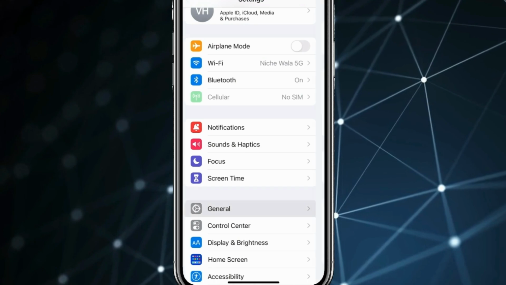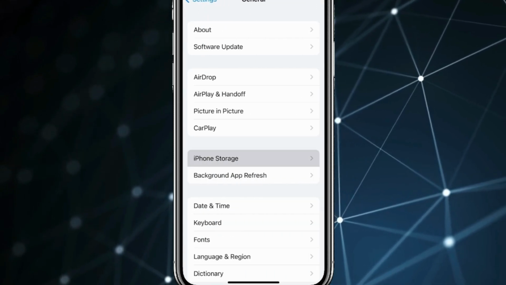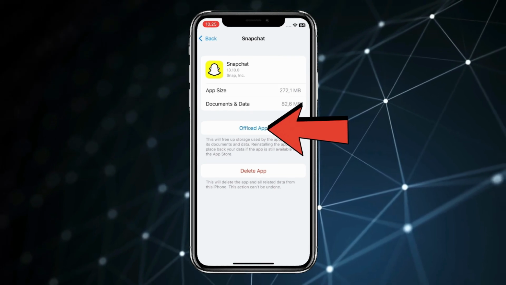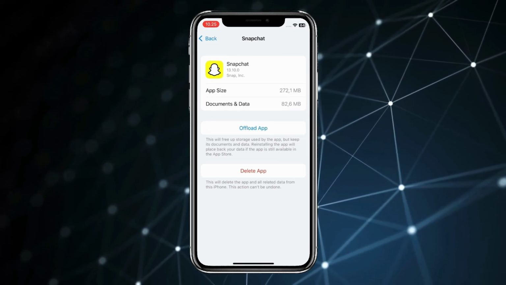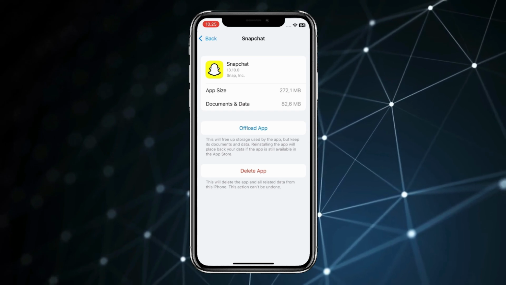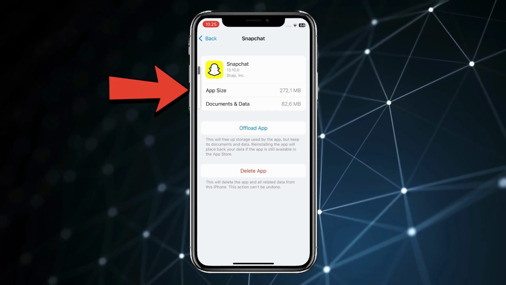Settings. Click on it. Now click on iPhone storage. Find Snapchat and click on it. Now click on Offload app and after offloading, click on Reinstall. After doing this, your microphone will work on Snapchat, but if you're still having problem, then check volume levels and